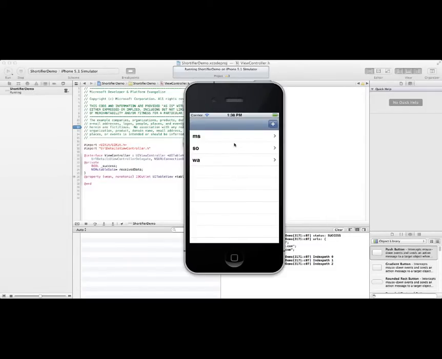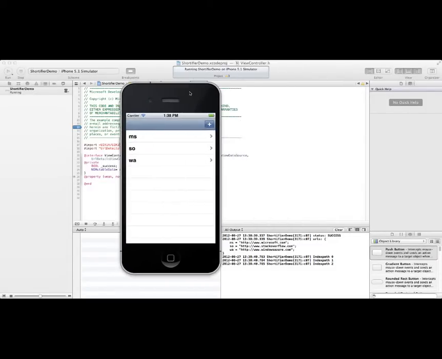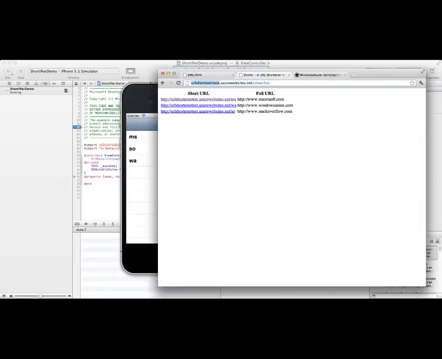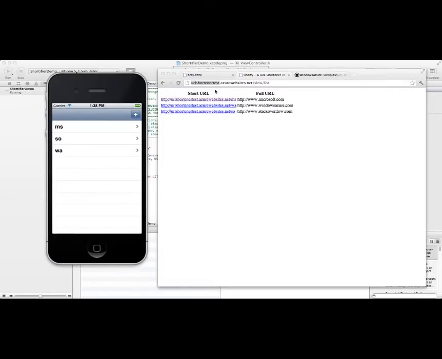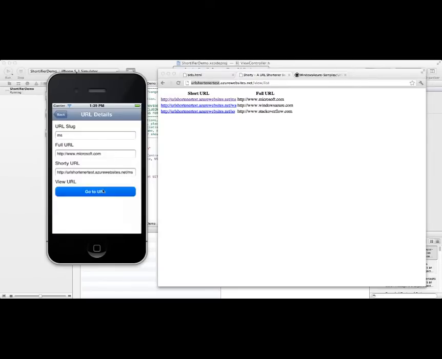Okay, so now after a few seconds we've pulled back the URLs from our site, and we can see that these are the shortened URLs. If we switch back over to the website, we'll see that these do line up with what we've got here. So the shortened URL for MS goes to Microsoft.com. If we click on this URL, we'll get the details and see that the full URL is www.microsoft.com. The short URL is our website /ms. And if we click on this Go to URL button,